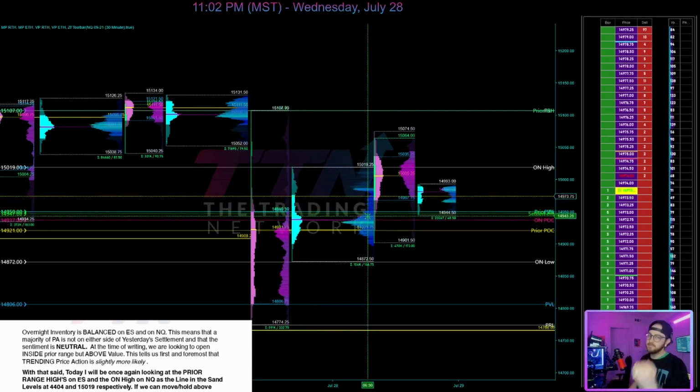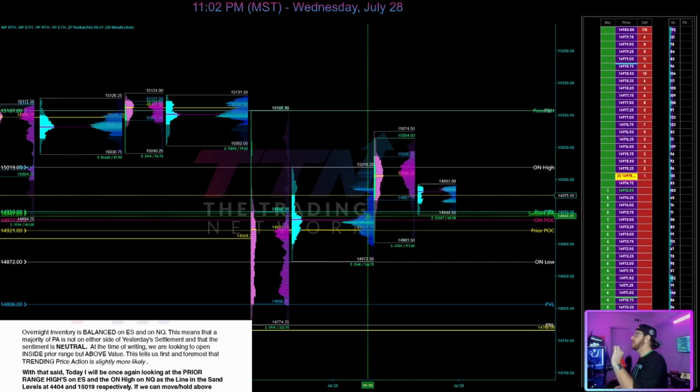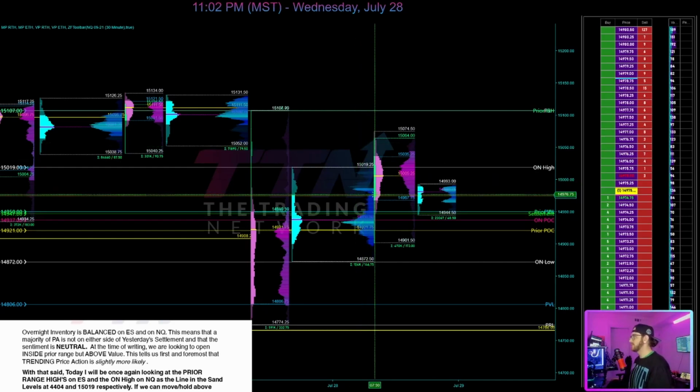But because of the balanced overnight inventory, it's kind of two conflicting pieces of information, if that makes sense. So the balanced overnight inventory tells us that there's a good chance that we're going to range, and the open above prior value tells us that there is a possibility of trending price action if we can hold above that level. So this helps us create the if-then scenario and find our line in the sand level, because we can have the ranging price action in mind, we can have the balanced inventory in mind, but we can also keep in mind that we have a line in the sand that will tell us, okay, if price does get accepted